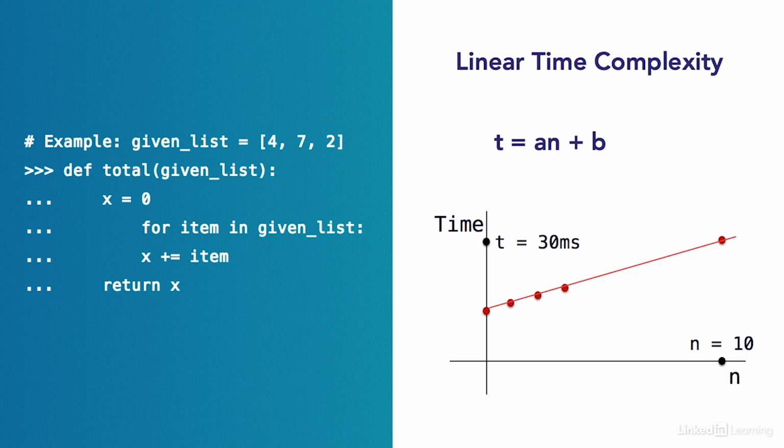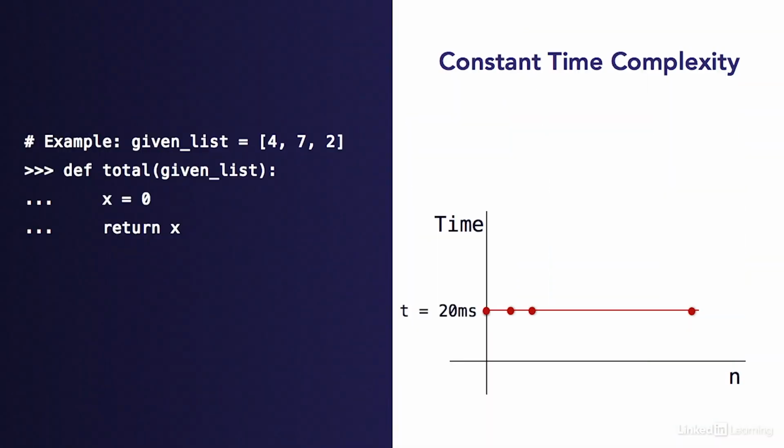The fact that this grows linearly, or like a straight line, can be represented by writing an plus b equals big O of n. This can also be read as the time it takes to run this function, t, grows in the order of n. There's a simple way to find what should be inside the big O expression. You first need to find the fastest growing term in t. We have two terms in t, an and b, and obviously an is the faster growing term here. Then we ignore the coefficient of this term, or a in this case, and we get n. We put this in big O and we get big O of n.